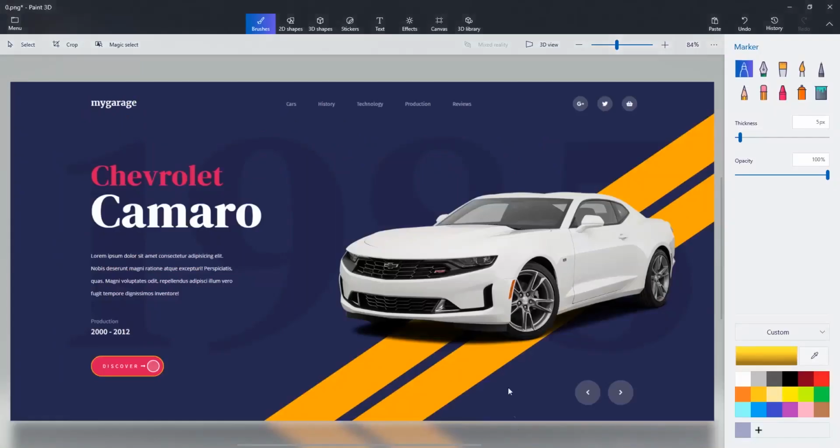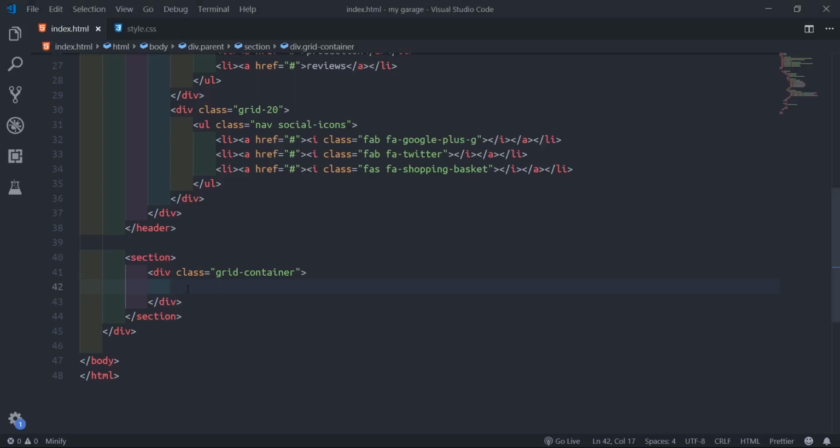Because of this grid container, we'll put this one in grid 45. That means every time I see this inside, it goes to grid 45. Then the other side, with the navigation, goes inside grid 55. So I come back and say grid 45.